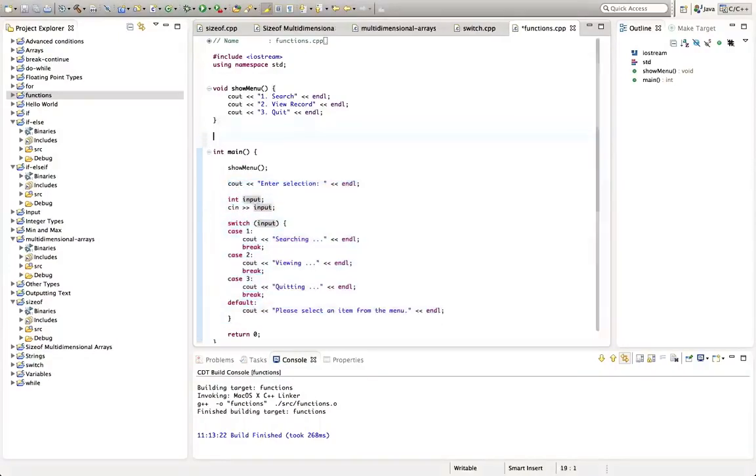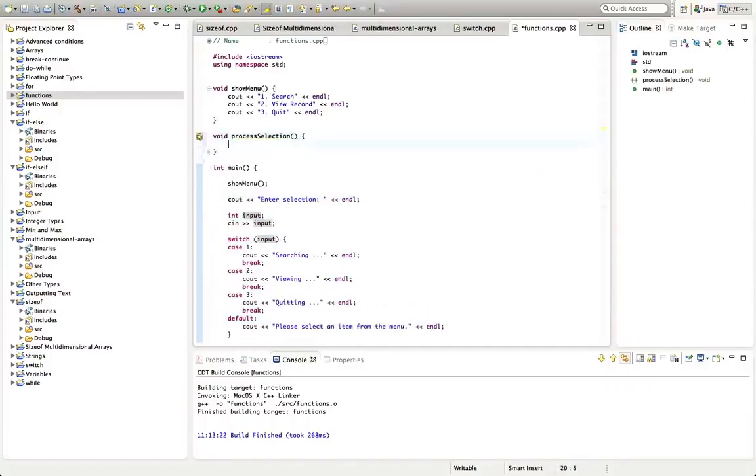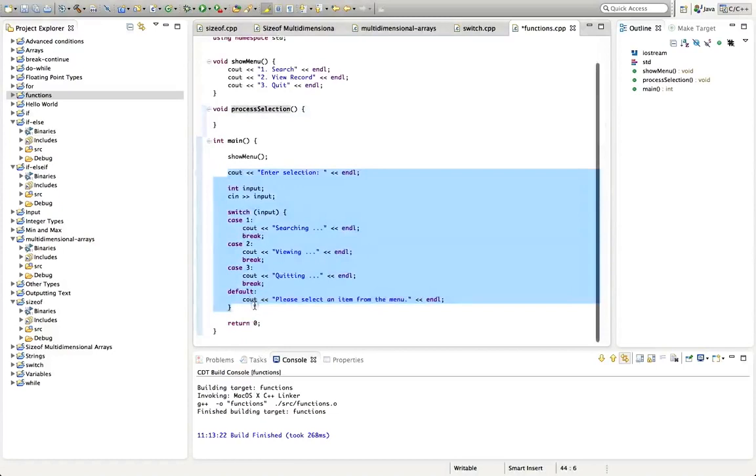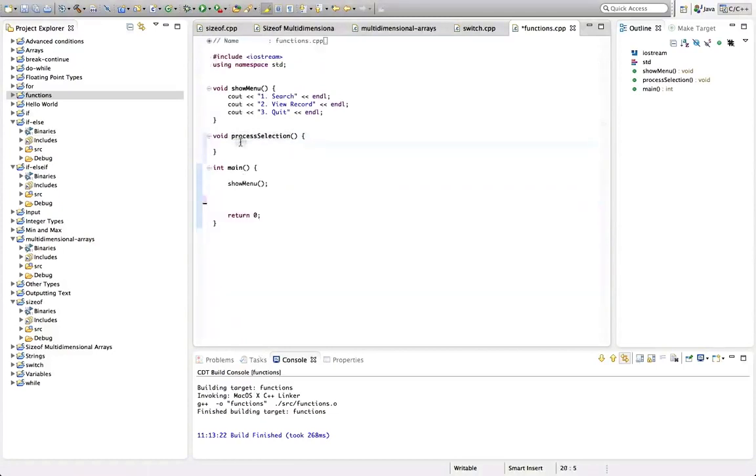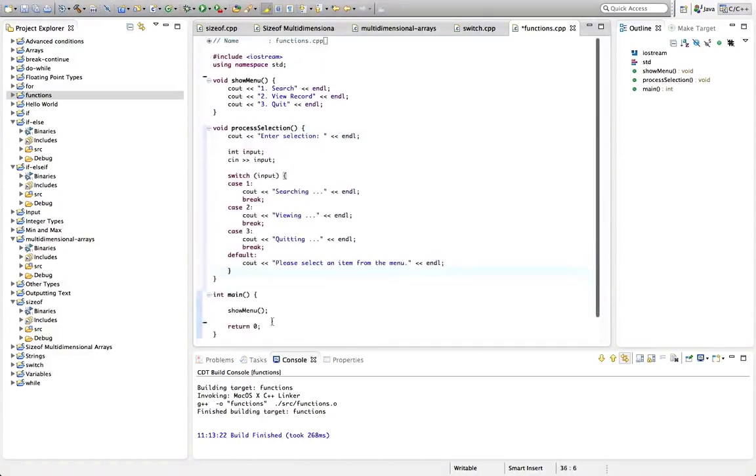But let's call it void process selection, or we could call it get and process selection, or something like that. I don't know. And let's just cut all this, paste it in there, format it, Command-Shift-F or Control-Shift-F on Windows, and say process selection,